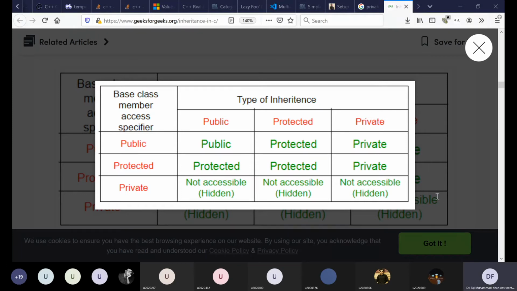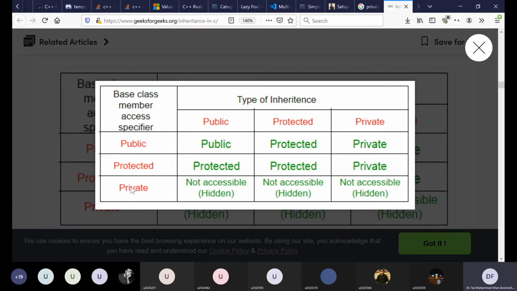What's the difference between private and not accessible or hidden? No, private means this, and the leftmost column is private. Talking about private member variables, they are accessible inside the base class. Inside the base class, they are private member variables, so base class member functions can access them directly.